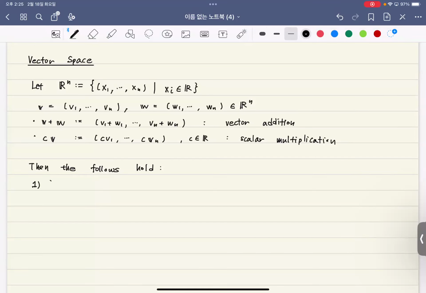What are these? So number 1, 0. This is a very special element in this space, which consists of every component being nothing but 0. And number 2,